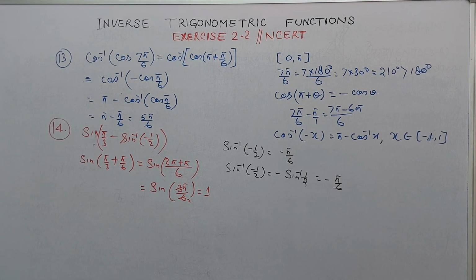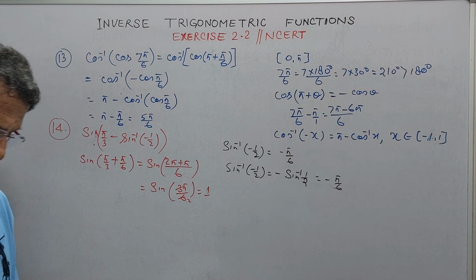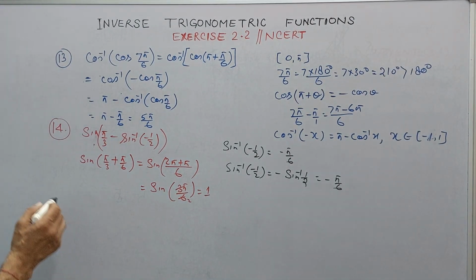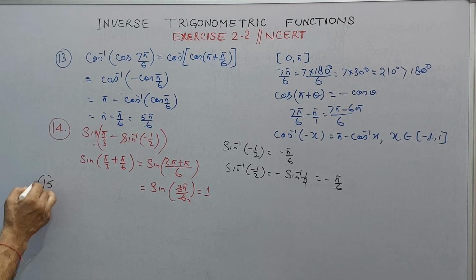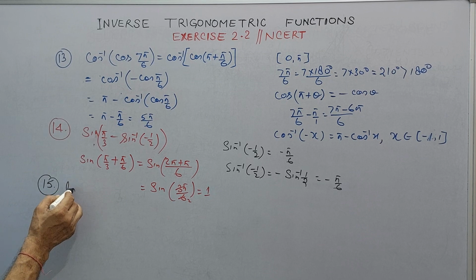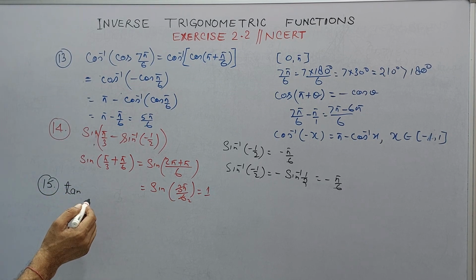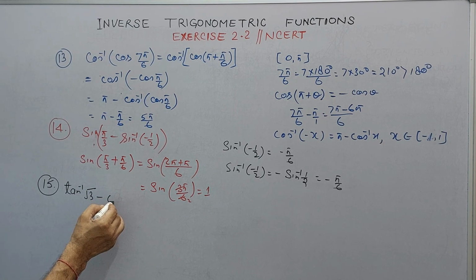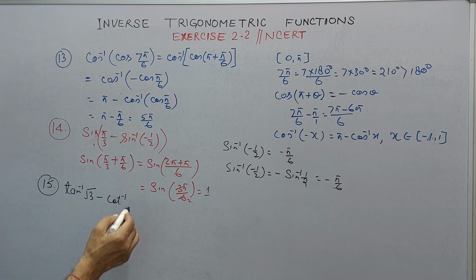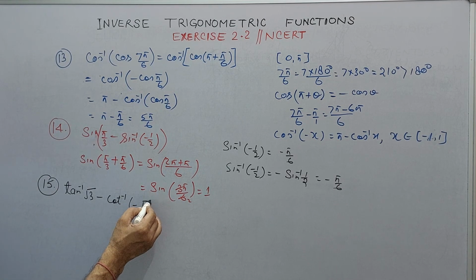Now the last question of this exercise, exercise 2.2, is question number 15. Question number 15: we have to find the value of tan inverse root 3 minus cot inverse of minus root 3. So this is the value. Here we will utilize the formula